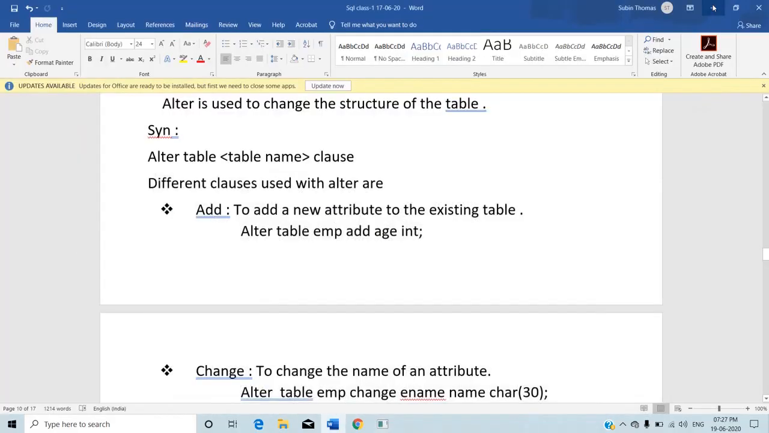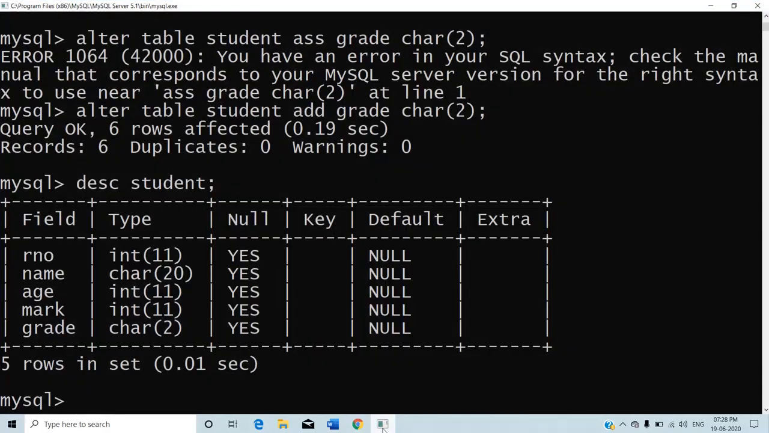Now, the second clause that can be used along with the alter, that is change. Change is used to change the name of an attribute. You can change the name of an attribute by using the clause change. That I will try over here. Alter